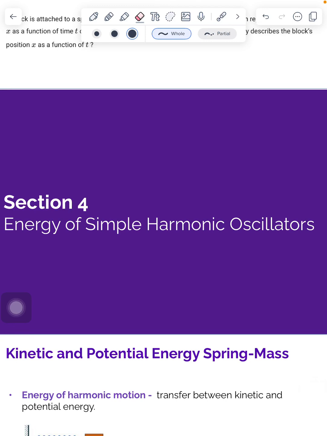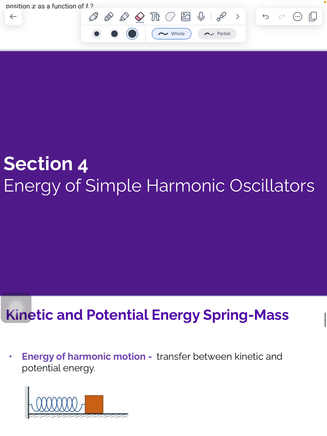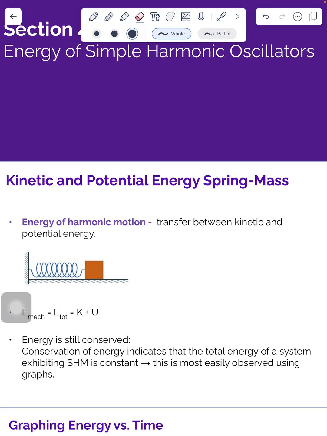All right, section 4, energy of simple harmonic oscillators. So we have kinetic and potential energy of a spring mass. Energy of harmonic motion is a transfer between kinetic and potential energy. So all we're really saying is that